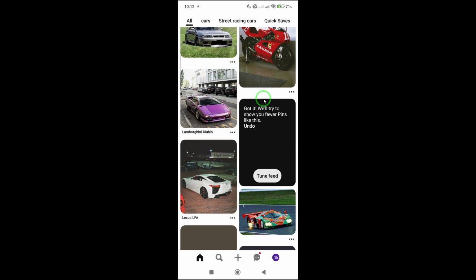And that's it. In just a few taps, your new Pinterest board is live. Now you can start collecting and organizing all the creative ideas you discover, neatly saved in one place. Whether you're planning a new project, organizing recipes, or setting up travel inspiration, boards make it easy to keep everything